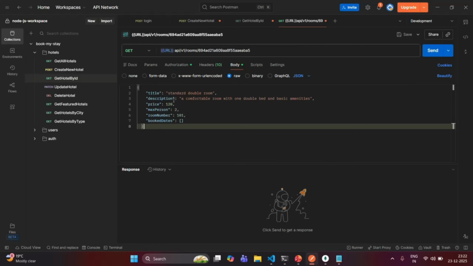So for this room, I'm specifying the title as standard double room. I'm specifying some description, a price, the maximum number of persons allowed in that room, the room number, and book dates. Currently the book dates is an empty array. Now when I send this request,